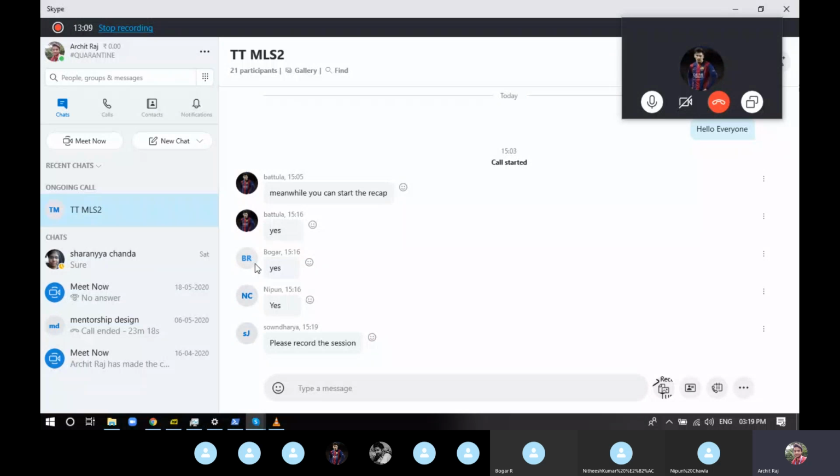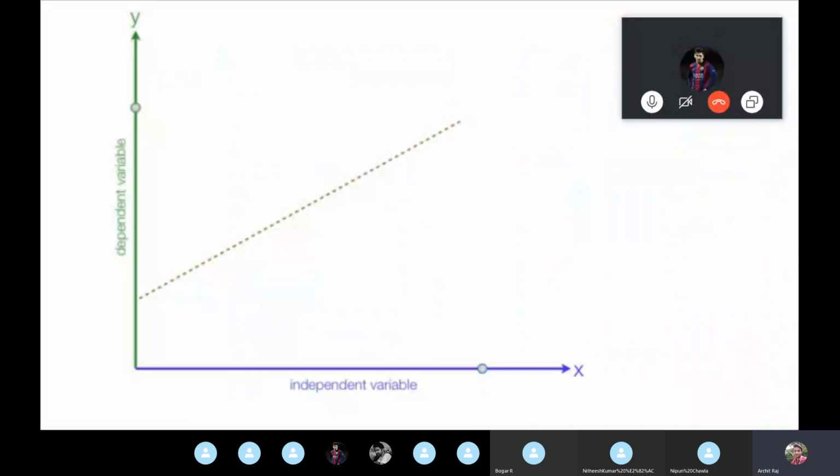Now, if the value of x is increasing and the value of y is increasing, we have a positive slope line. Now, what if the value of x is increasing and the value of y is decreasing? That's also a condition. In that particular scenario, you get a negative slope line. You can see the line is completely negative. So if we try to find the slope, it's going to be negative.